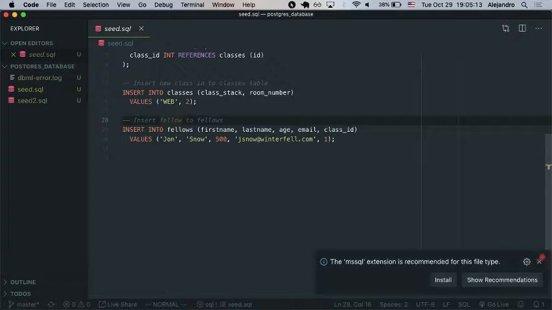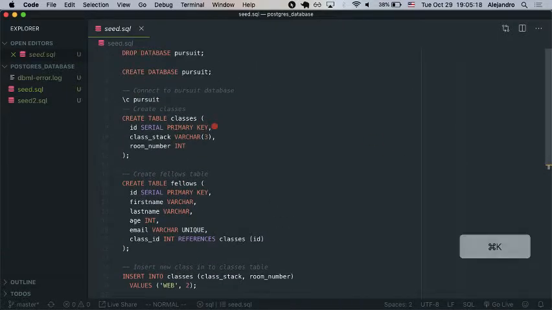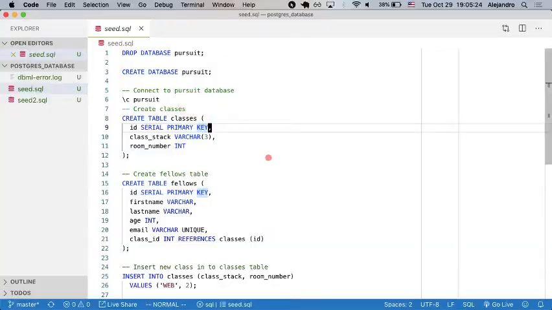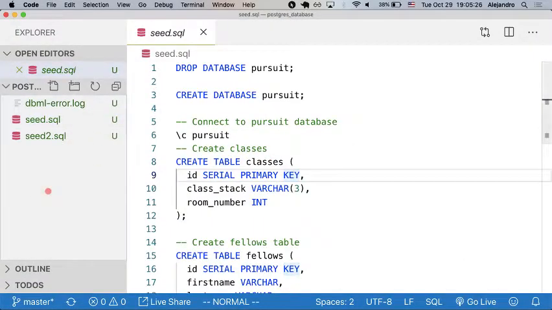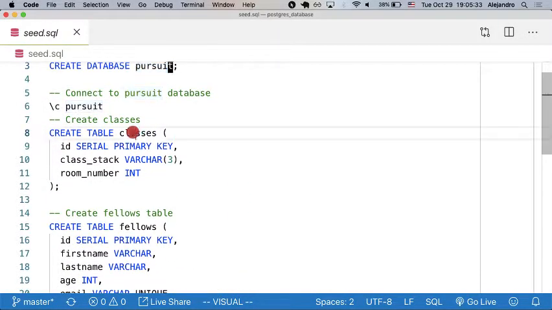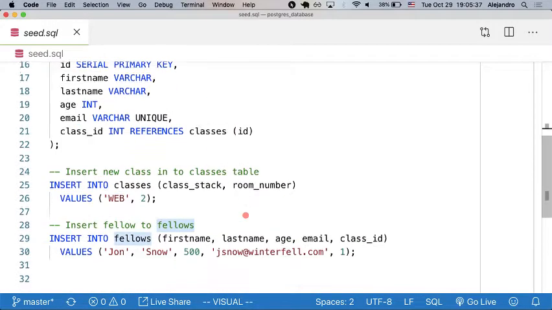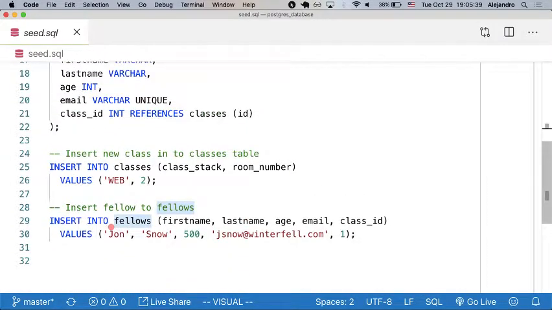This one. So we had two tables. Let me change this. We had two tables in a database that we call Pursuit. Those tables were classes and fellows. We saw that when we tried to add a fellow to a class that didn't exist, then Postgres will complain saying,